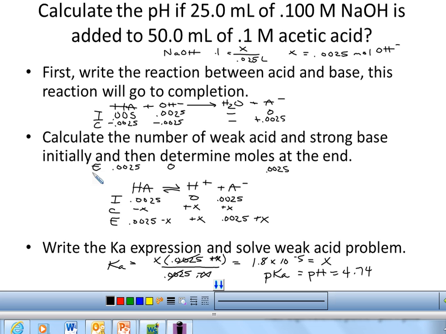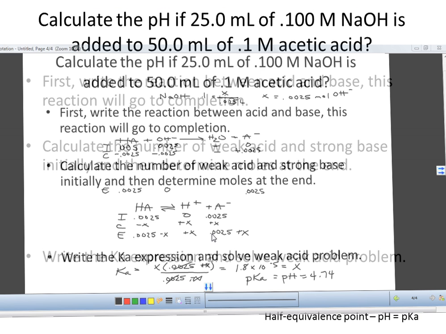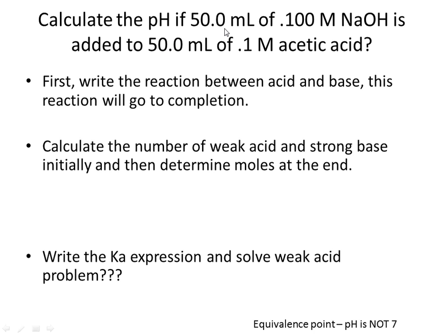The next problem, we are going to add a little bit more base. We're going to be adding 50 mils of NaOH to the 50 mils of acetic acid, and this is the point in the strong titration where we reached a pH of 7. You will find out in this problem you are not going to reach a pH of 7 even though you have the same amount of acid and base in your mixture. The pH will not be 7 because of this weak acid and its properties. Where the strong acid broke up 100%, the weak acid does not,